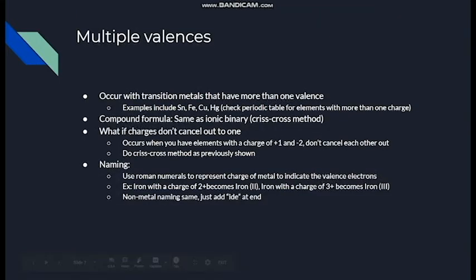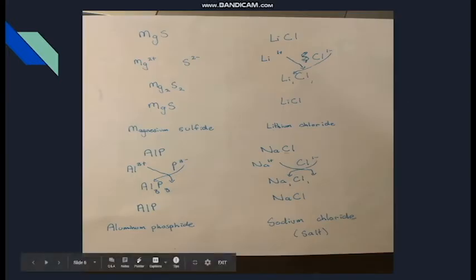Alright. Now when you're taking a look at multiple valences, this occurs with transition metals that have more than one valence. Some examples include tin, iron, copper, mercury, and just check the periodic table if you want to be sure of all the atoms that have different charges. The compound formula is going to be the same as the ionic binary, so we're going to be doing the crisscross method. And if the charges don't cancel out to 1, like they did for the binary, because all of these are 1,